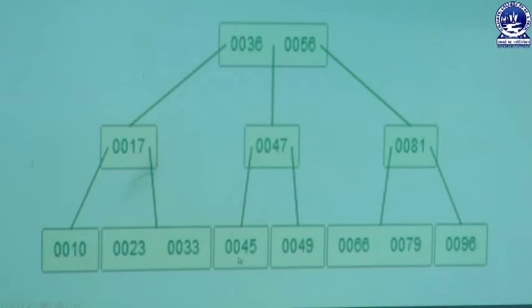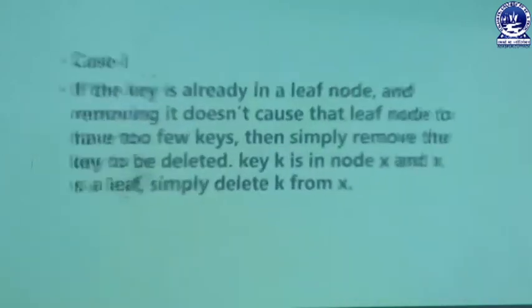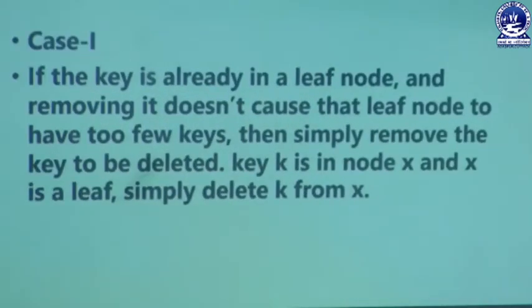Because we have merged the 3 children 45, 47, 49, and 47 will go off in this way. In this way the tree is rearranged. This is the first example of deletion, but I will explain the rules one by one with examples. Now we will discuss some cases.